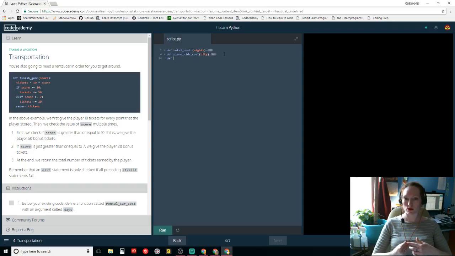Check the value of score multiple times. Okay. Finish game, 1 score. Okay. Tickets equals 10 times the score. Score is greater than or equal to 10. Tickets plus equals 50.